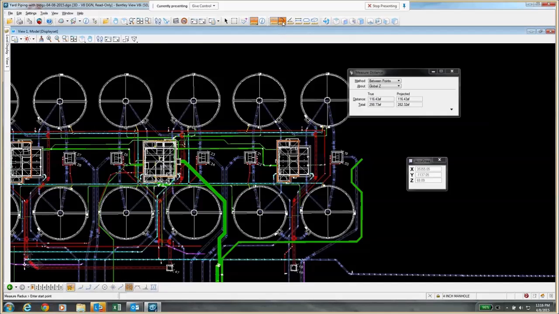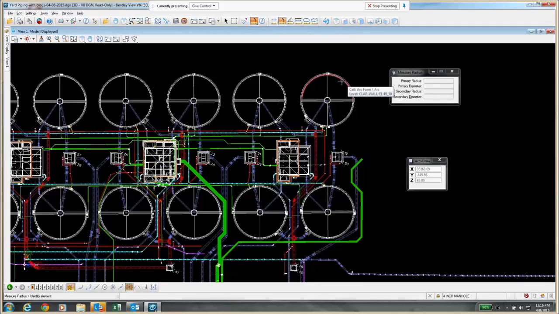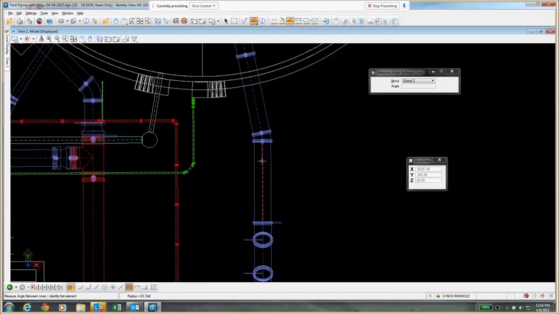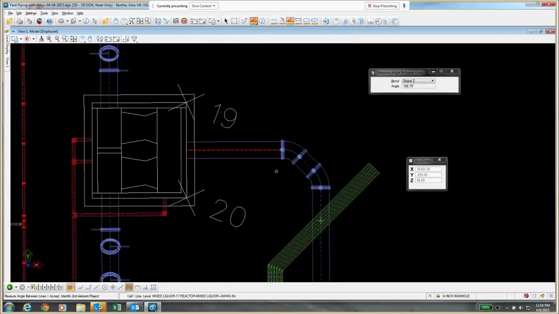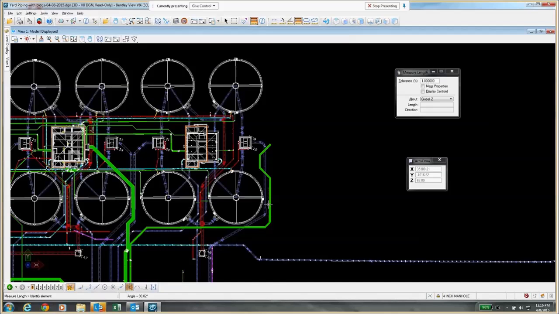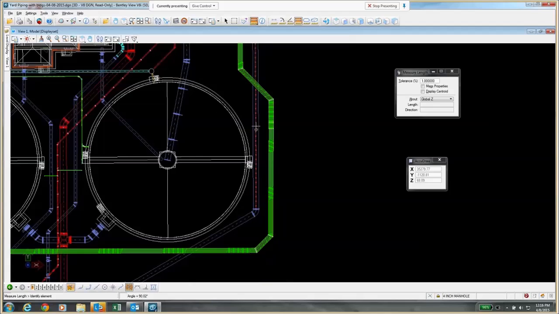So you can measure, you can do all these different things. You can measure radiuses of different things, just telling you the radius of this clarifier. You can measure angles. So I could say, what's the angle between these two center lines, or even these two center lines. It can tell you exactly what the distances are, or the angles. You can measure lengths of certain lines. So if I just wanted the actual lay length of this pipe, I could just select the center line, and it's going to tell me the actual lay length of the pipe, or a certain length of